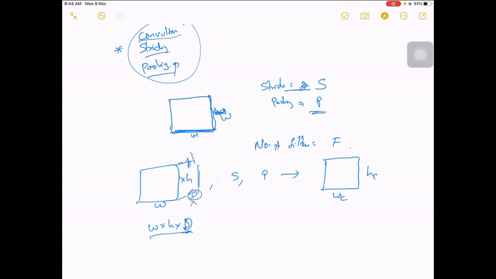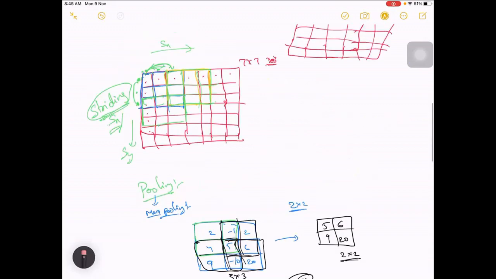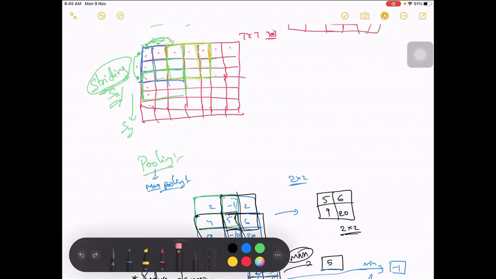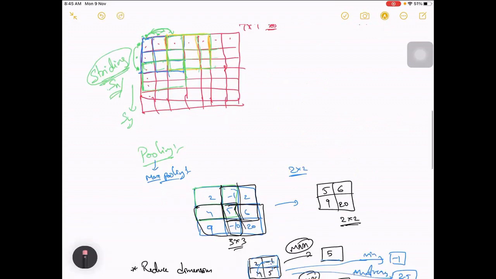For this, we need the number of filters and the filter size, both. Let's take the number of filters as K and the filter size as F. As we saw in the animation, we gave 3 by 3, but if you give only 2 by 2, that will give a different kind of output.